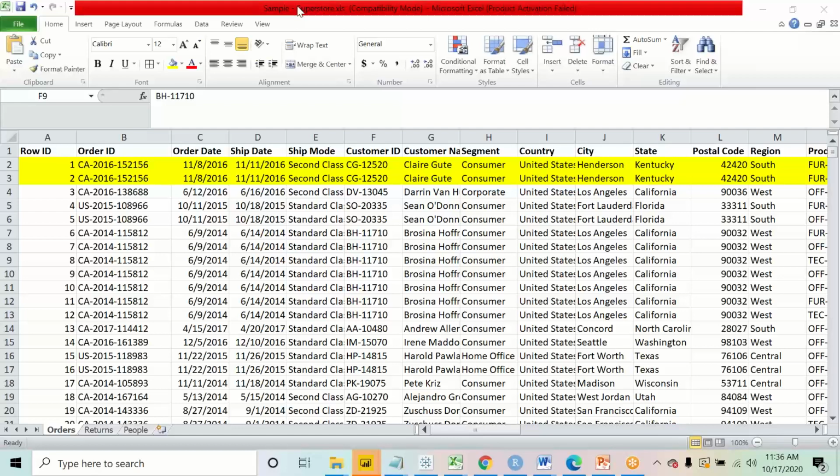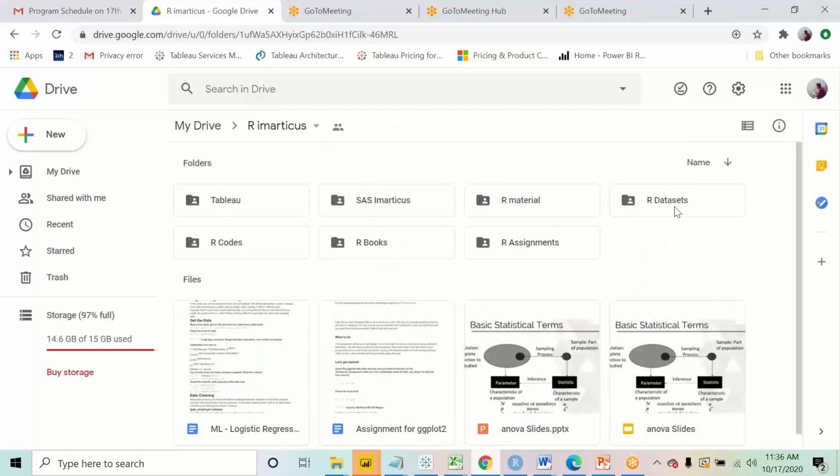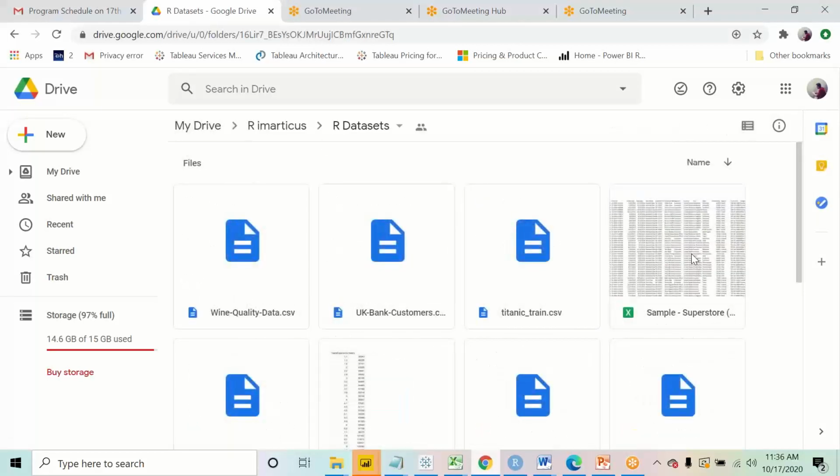Let me share the link to the people who do not have it. So I'm just putting it up on the chat over here. Yep, so I just placed it. You will find a folder of our data sets. From there, you can download this sample superstore data set. If you see, it is under the folder of our data sets that I have created, and in that, you will find this Excel file placed there.